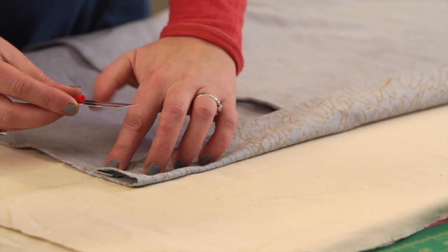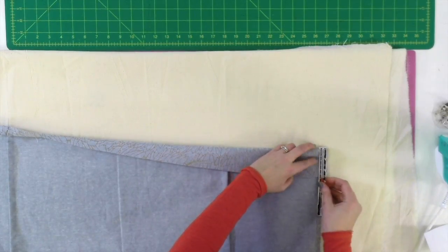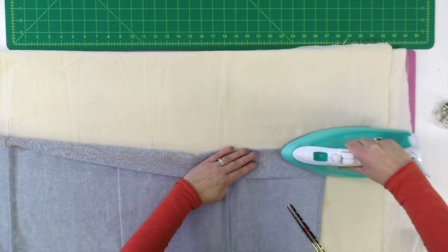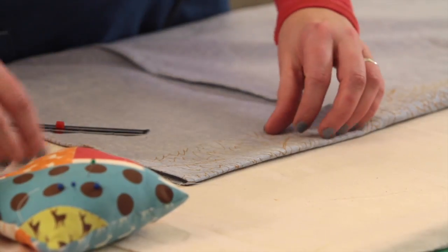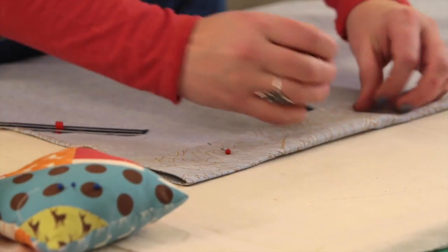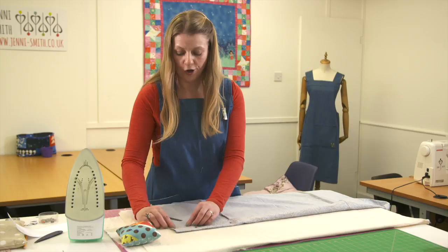And this time we're going to set a 3 inch hem, which is about there. And as we press, we're going to pin this and then we're going to do the last row of stitching along close to the unsecured edge here to keep